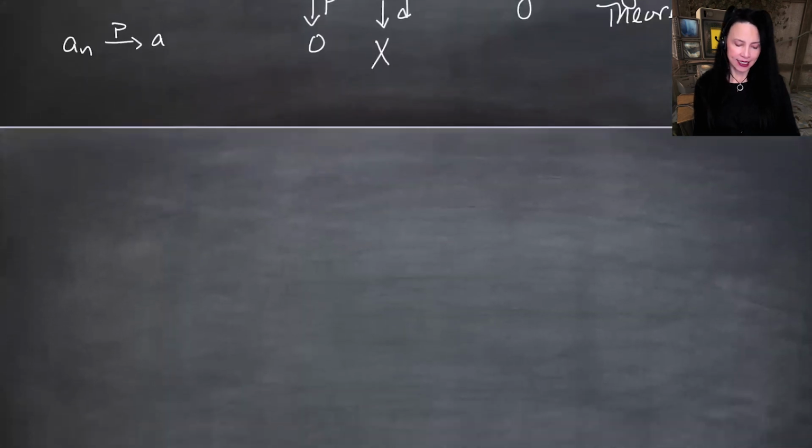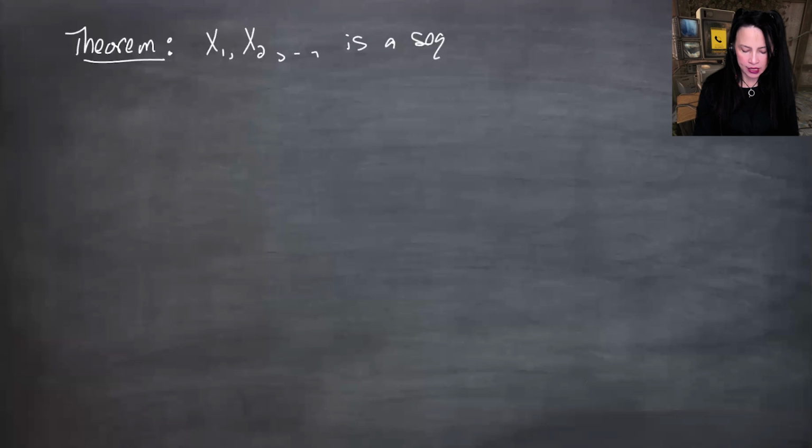I did say that today was going to be the day of unproven claims. This next theorem is kind of in Laplace transform territory, which is outside the scope of the course. It says that suppose that x1, x2, etc. is a sequence